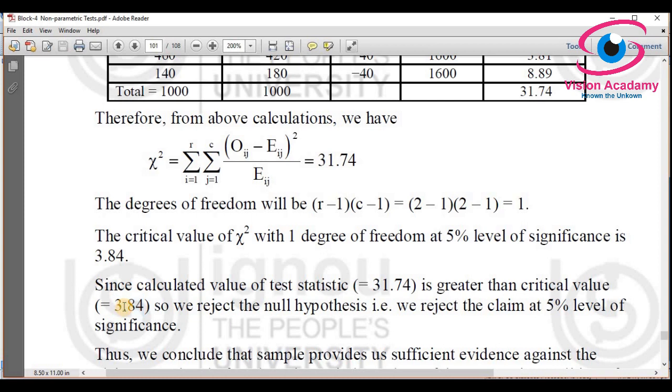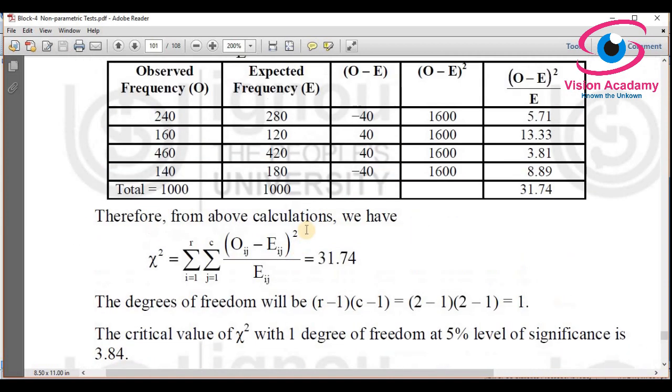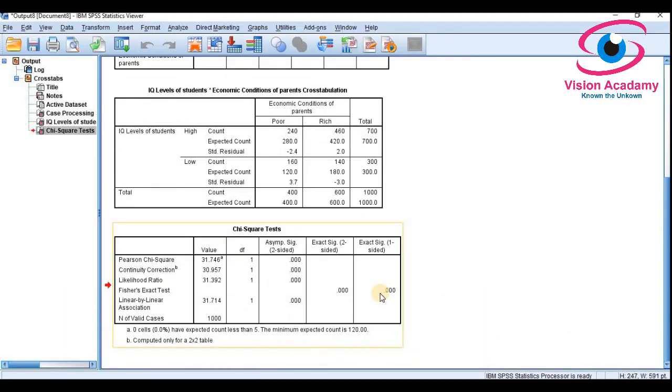If the tested value is greater than critical value, we have to reject the hypothesis because it will be falling under the rejection region. Here also we have rejected the hypothesis, and here there is no p value at all. Forget about 5%, that 0.05, there is no p value. So this is how we will calculate a chi-square test for independence of attributes.